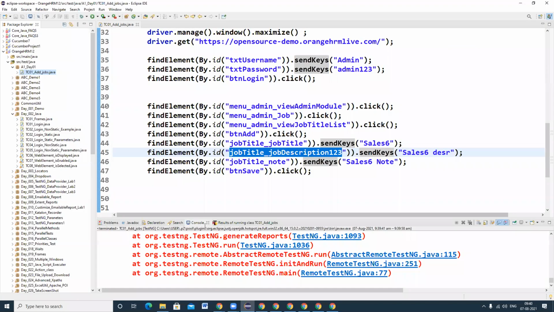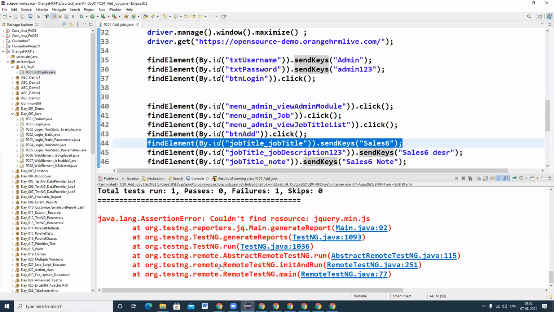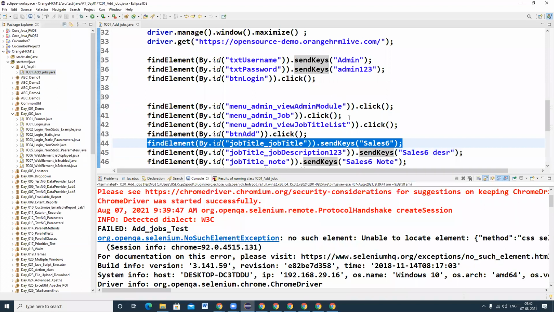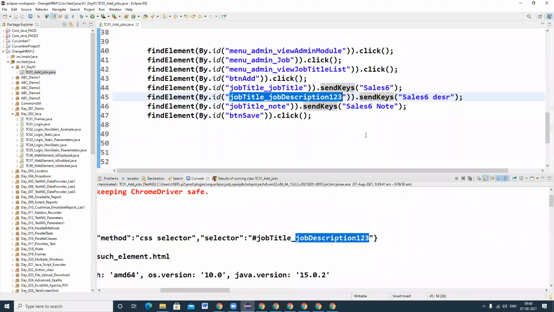It shows NoSuchElementException, so it could not find that web element locator. Unable to locate element job title underscore job description 1 2 3. So because of a typo mistake this happened. Again you have to rename it and you can run it.